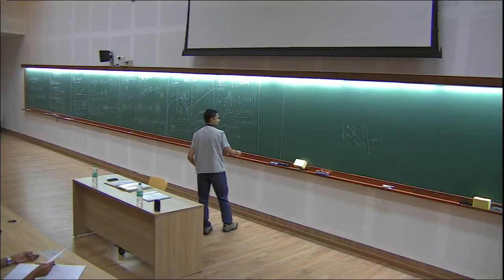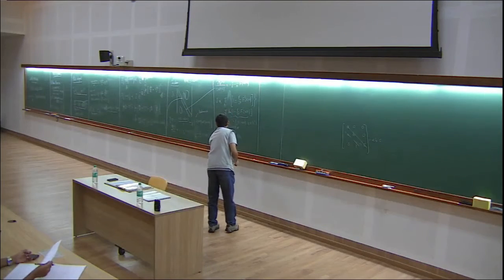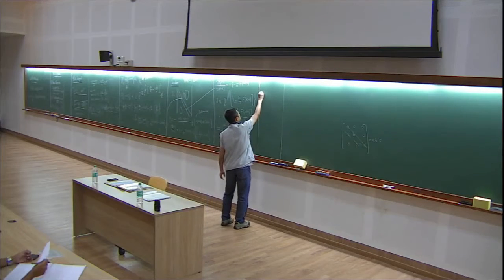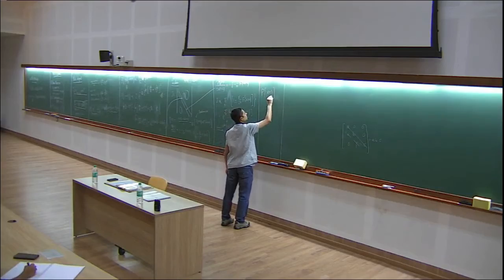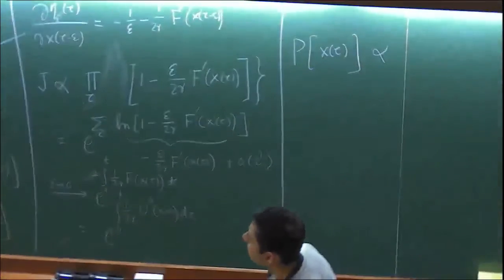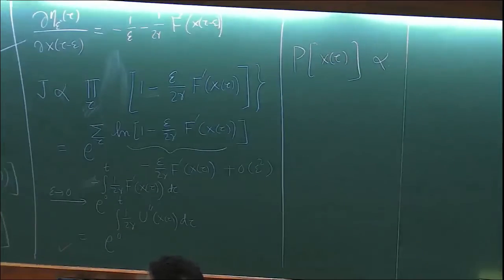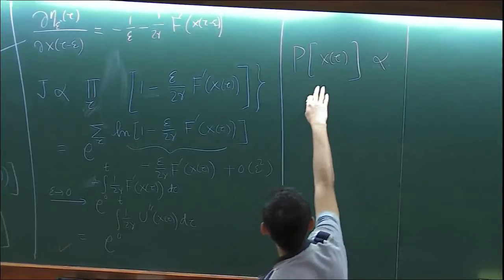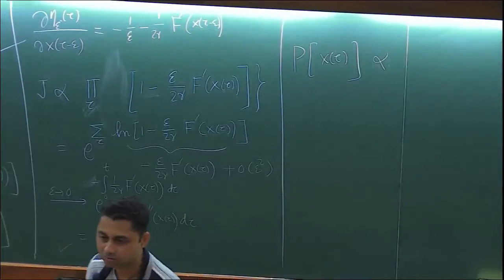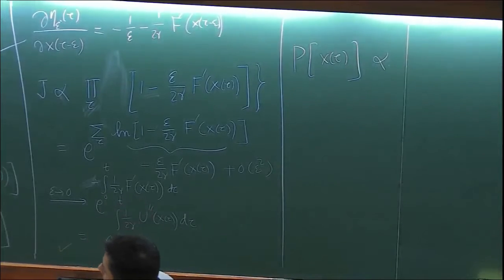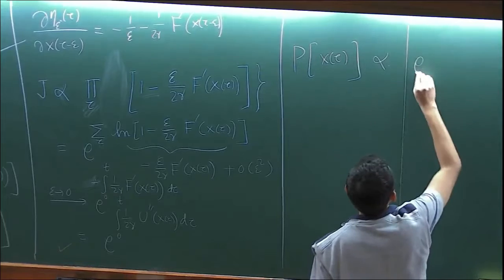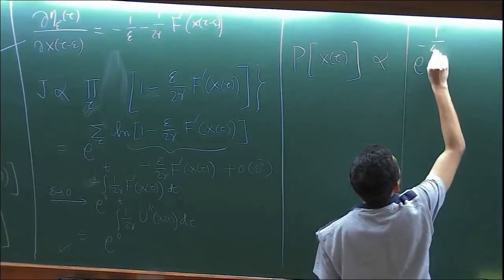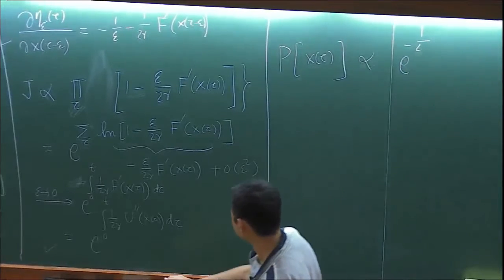Let's just write down everything. So my p of x of tau is given by, so this one means basically the whole path, all the x of tau. So that's given by exponential of minus 1 over, okay. So before that,